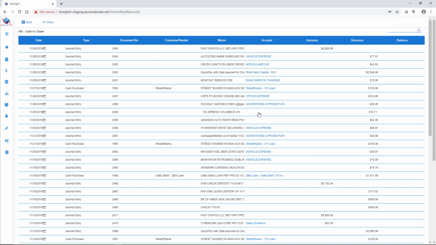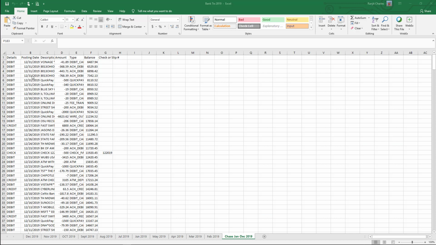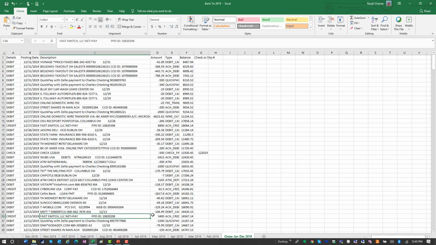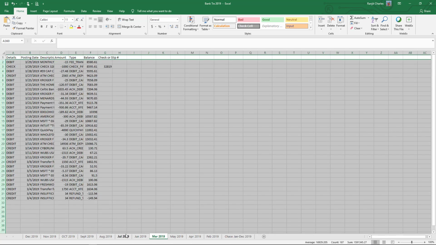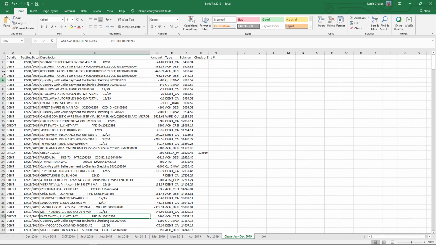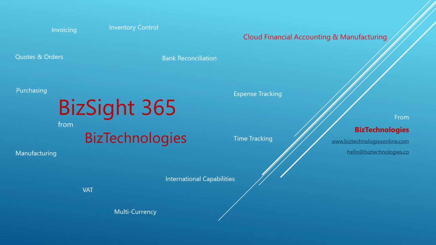I import it in. And I want to take you and show you this file. This is a simple file that came straight from the bank. I haven't touched it. You could choose to bring month at a time, assuming you're doing it every month. Or in some cases, there are folks that are just catching up at the end of the year. Download the file. In this case, I had taken that yearly file and then basically broken it out into chunks so it is easier for me to control and manage. But you can as easily bring in a year's worth of stuff,